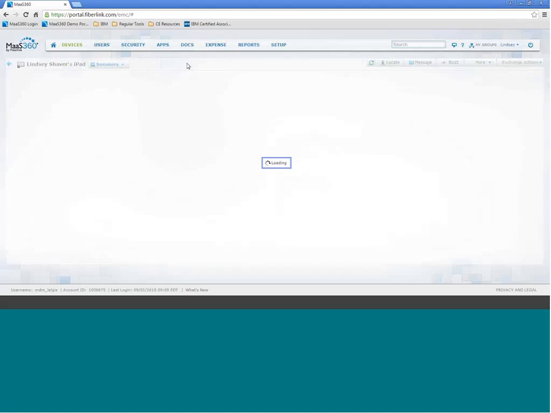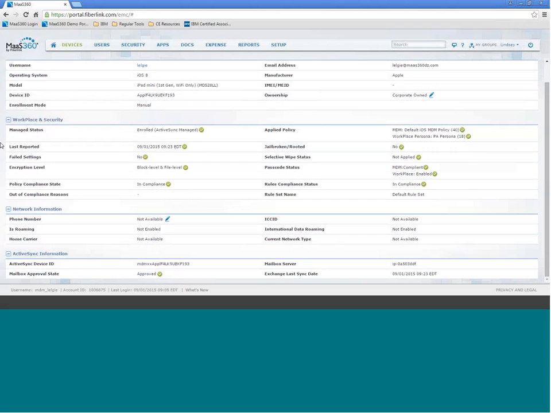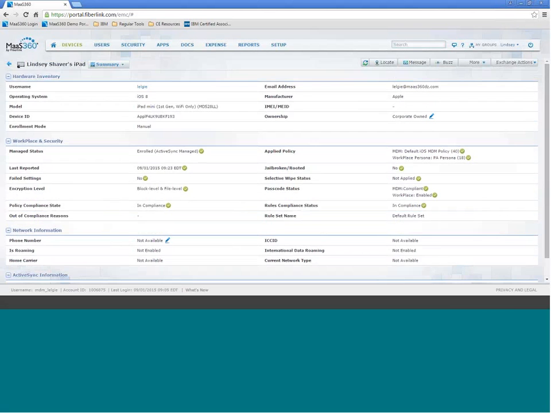Now, this is my iPad that will be reporting here, and this is going to give us a general summary page with just some helpful information as a splash screen. So you can see my network information reporting. This is a Wi-Fi only device. If this was data enabled, we would have carrier details populated there. I do have some active sync information down below and just some general information reporting back about my work environment